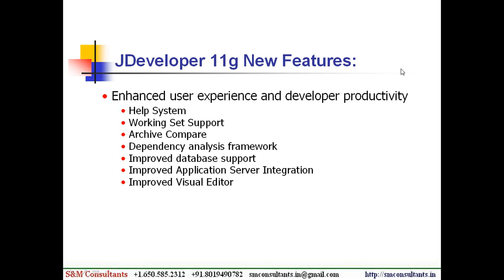Then again, the application server integration has been improved. See, like yesterday also I was telling, from JDeveloper we build applications, but we don't run our application from JDeveloper. Yes, while testing we do use JDeveloper, but the final piece of code will always go and reside on some application server. And that is exactly what is done in the application server integration. Once you configure your JDev to point to a WebLogic server or JBoss or any other application server,